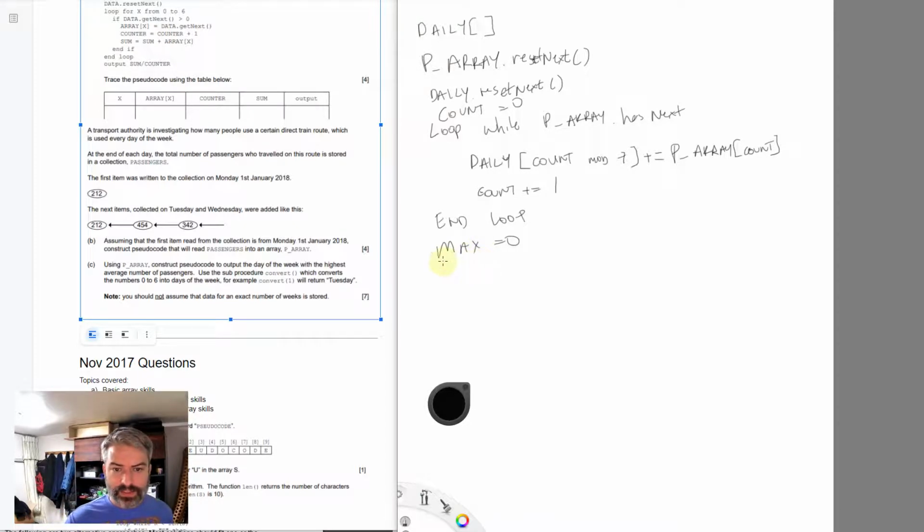So max is going to keep track of the index location in daily that has the highest number of passengers. To begin with, I'm going to say that location is location 0, at the beginning of the array daily. That would be Monday, right? If that happens to have the highest value, max won't change as we do our loop. We're going to loop through daily to see if any of the other days have a higher number of passengers than